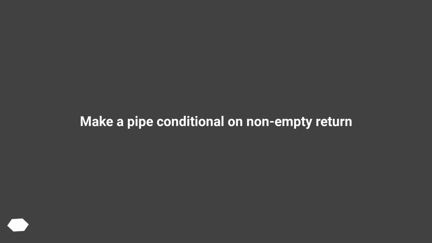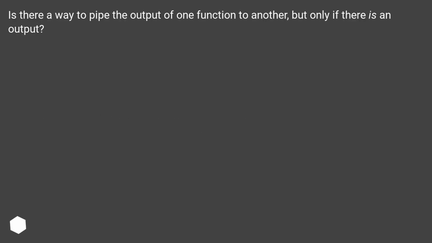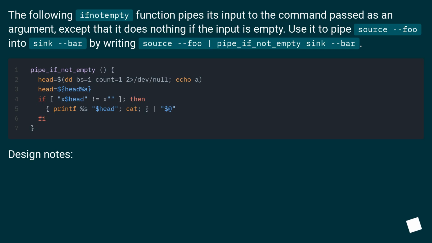Make a pipe conditional on non-empty return. Is there a way to pipe the output of one function to another, but only if there is an output? The following ifNotEmpty function pipes its input to the command passed as an argument, except that it does nothing if